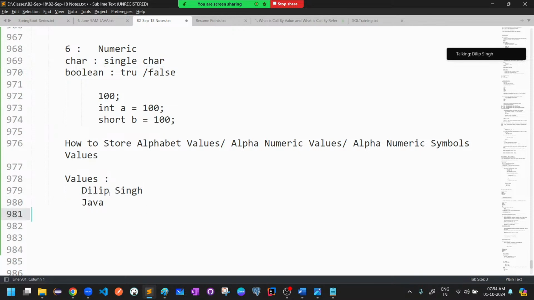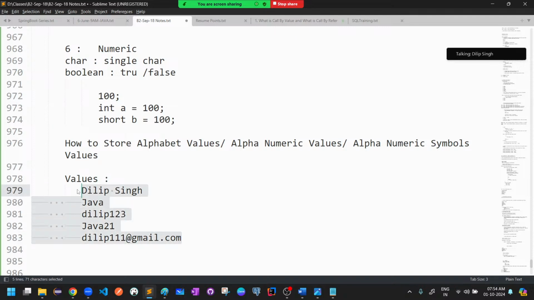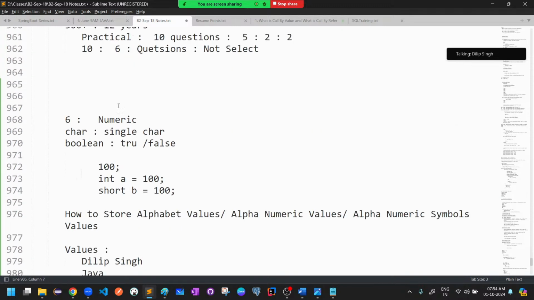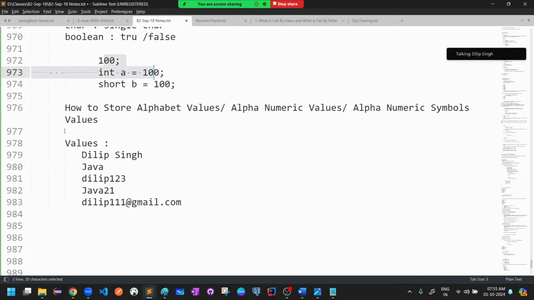But if you have more than one character, Dilip, Dilip 1, 2, 3, or something like Java 2024, 21 version, or Dilip at the rate gmail.com, where the at the rate symbol is there and the dot symbol is there. So alphanumeric values, something like that. How to store this kind of values? To deal with data other than numeric, single character and boolean,